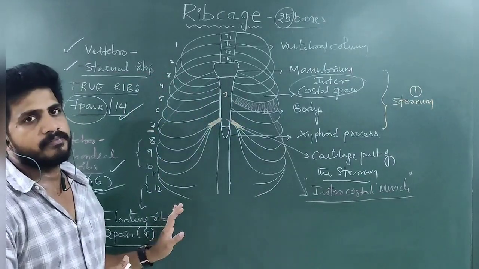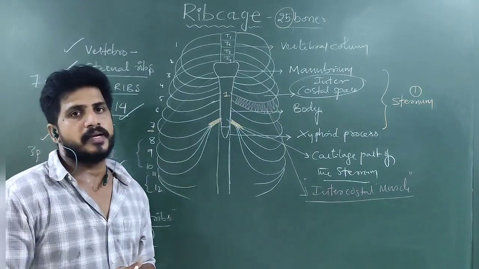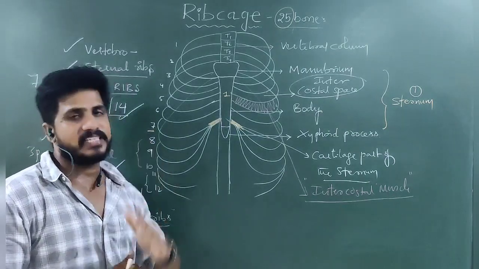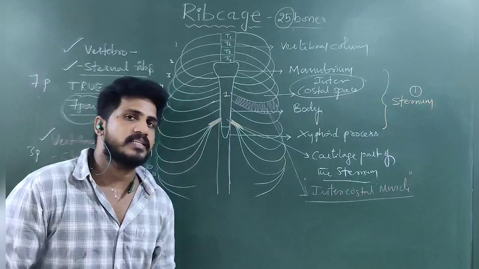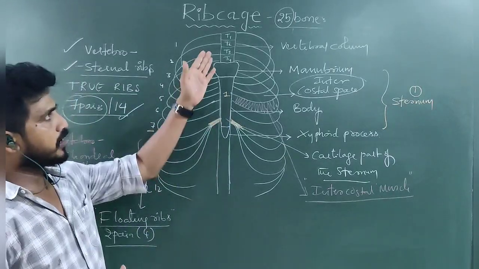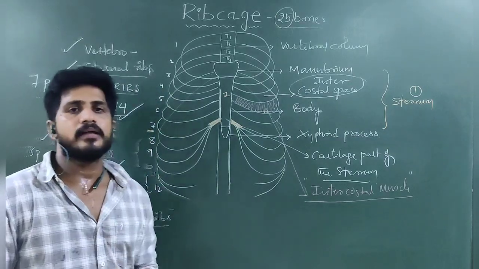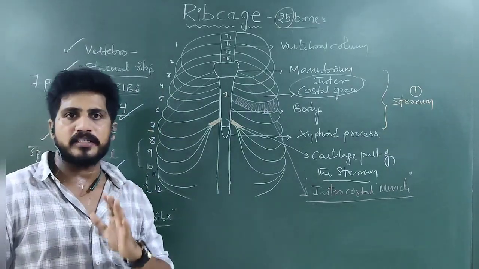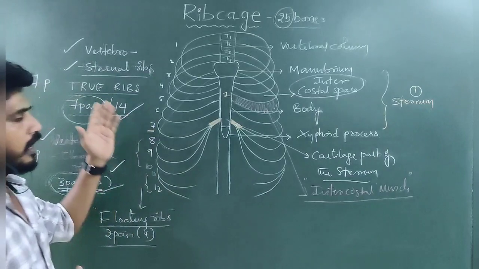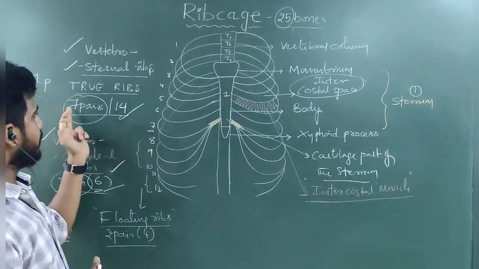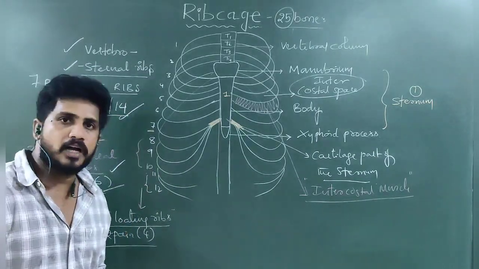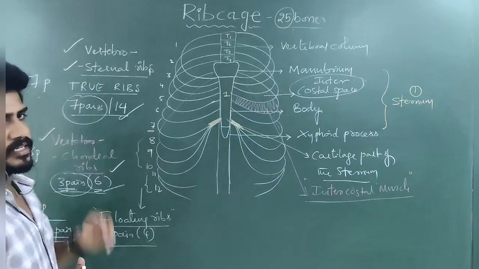This is the part of locomotion and movement, the skeletal system of the human body, that is, the axial skeletal system. The second part of the axial skeletal system is the rib cage. Total number of bones in the rib cage: 25. Number of sternums: 1. Number of costal bones: 12 pairs, which is 24. How many are true ribs here? 7 pairs, which is 14. True ribs are also called vertebrosternal ribs.